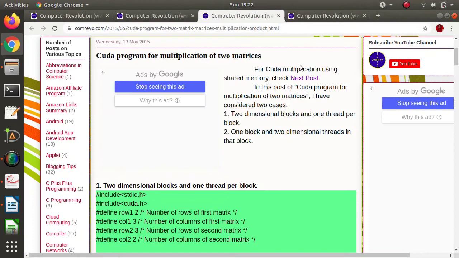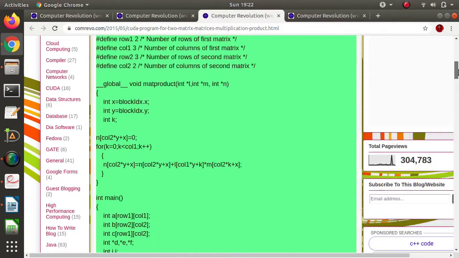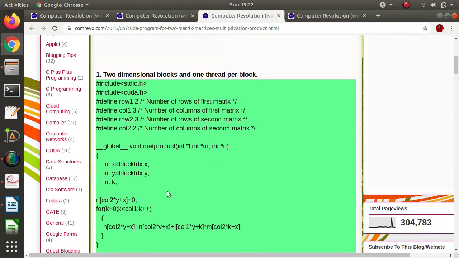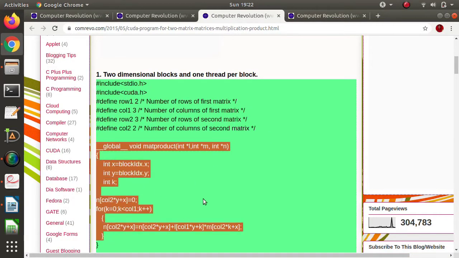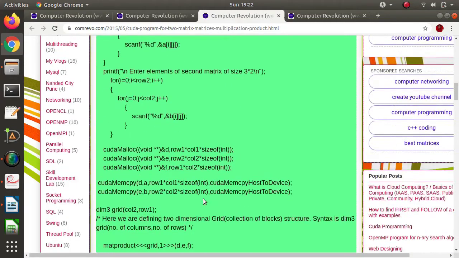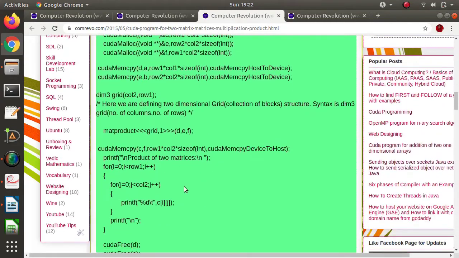For that, I have provided a program, so you can go through it, and this is the kernel written for this. So here, while calling, this is one thread per block, and how many blocks have you created? This many. Actually, it is the number of columns and the number of rows, so row 1 into col 2, whatever we removed just now.